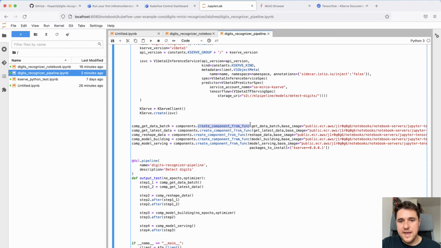This is again create component from function. This is just an option. So you can create a component from a function. You can create a component from a YAML file. You can create a component from a